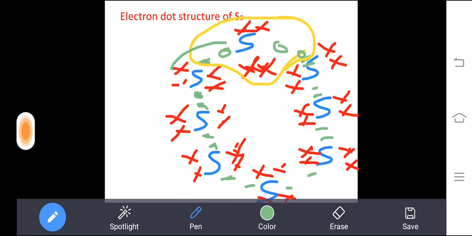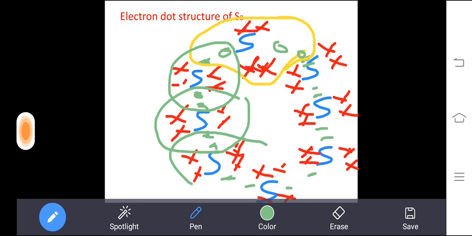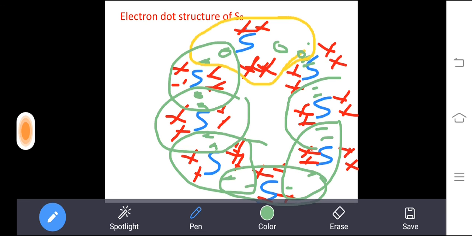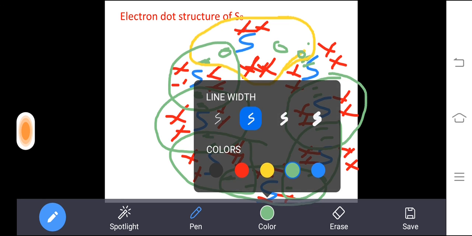You can draw like this. Then again here also another sulfur like this. You can count it, and if you count it will come correctly. If the space is more, it will come nicely. So for each sulfur you want to show 8 shared electrons. That's all, students. This sulfur I didn't show, no? That also you want to show. This one, the last sulfur, I use a different color, red color.